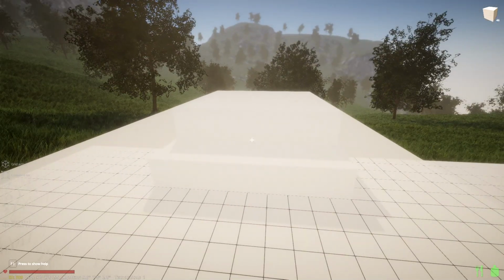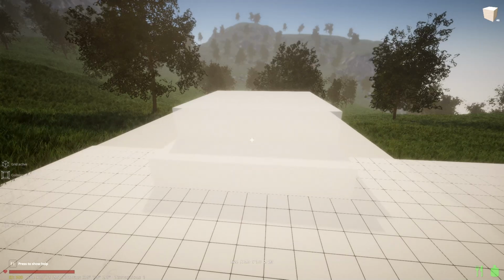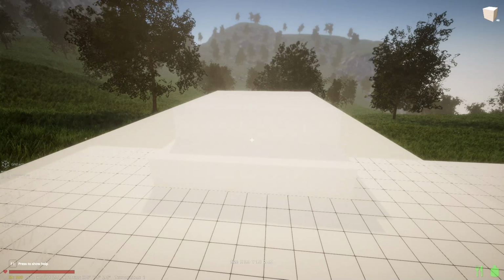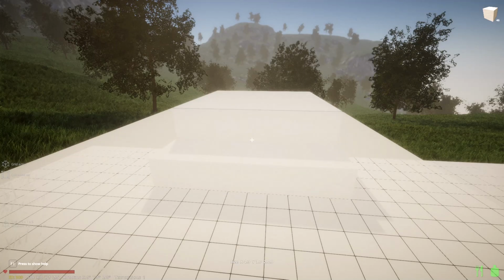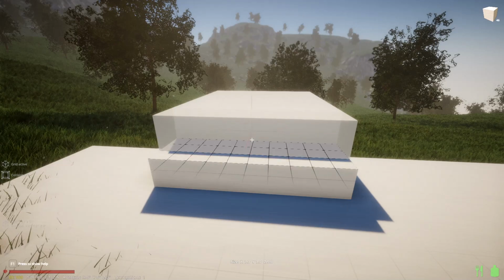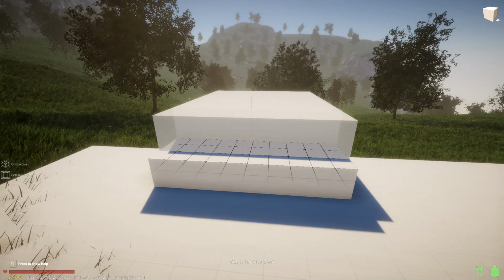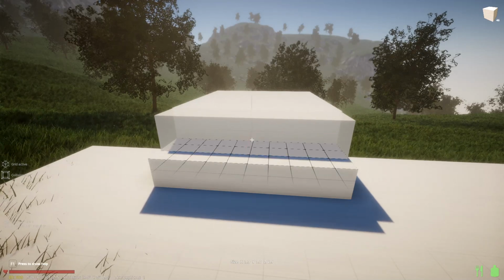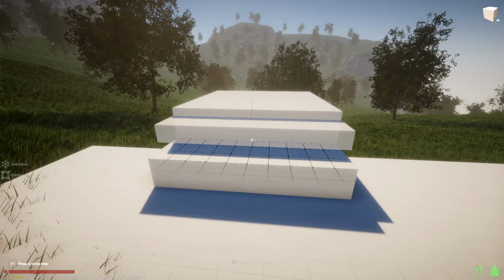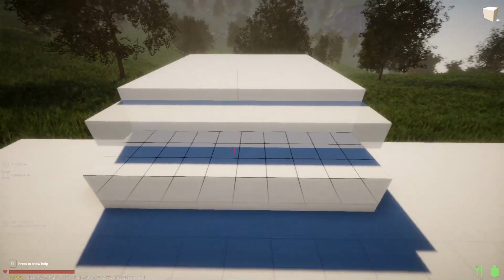Now you could go get more stairs. You could go make stairs, but why do that when you can just... Oops. Wrong key. There we go. Back out one, and then... Nope. Page down. Like so. And you can make...